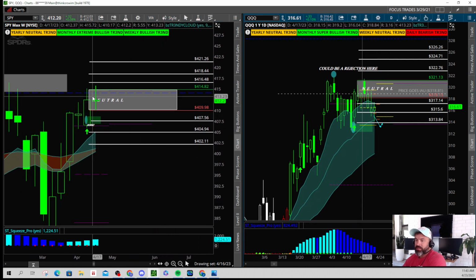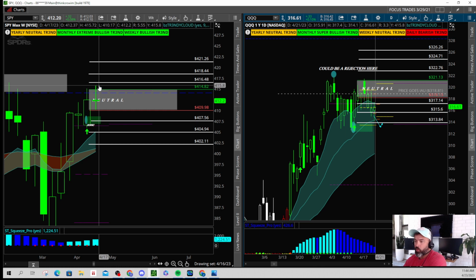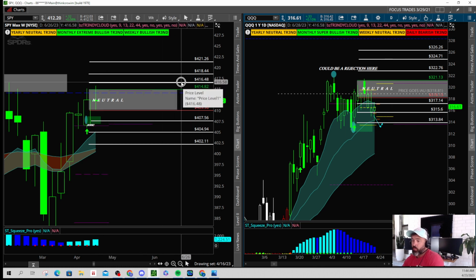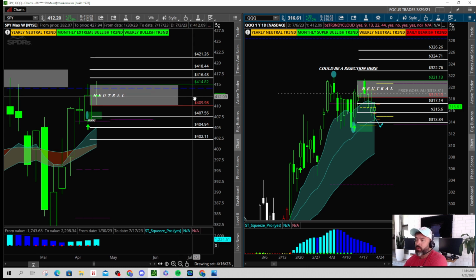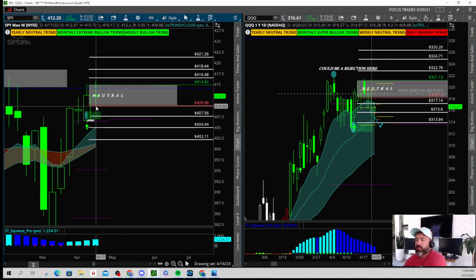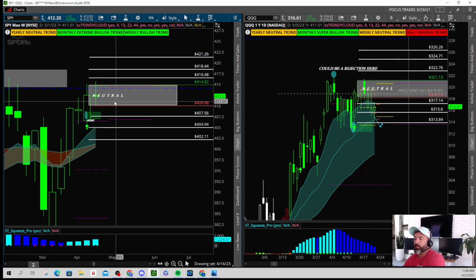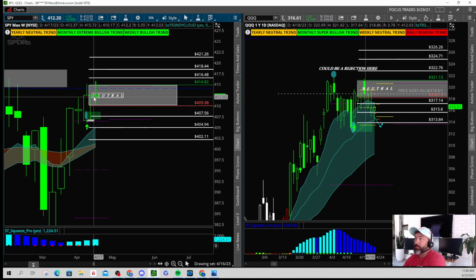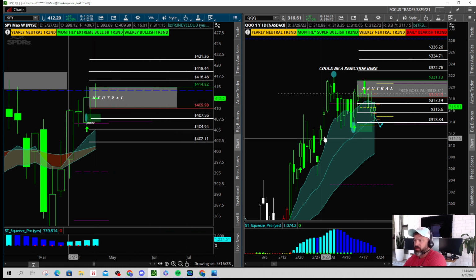As far as price is concerned, we could not break and hold over the green level. We couldn't even get into T1. Again, we were in supply, so price did not move very well to the upside. But notice how well the lower level held at 409.98, and just overall ended up being an absolute neutral week for the SPY. So I would say that our levels worked really well.